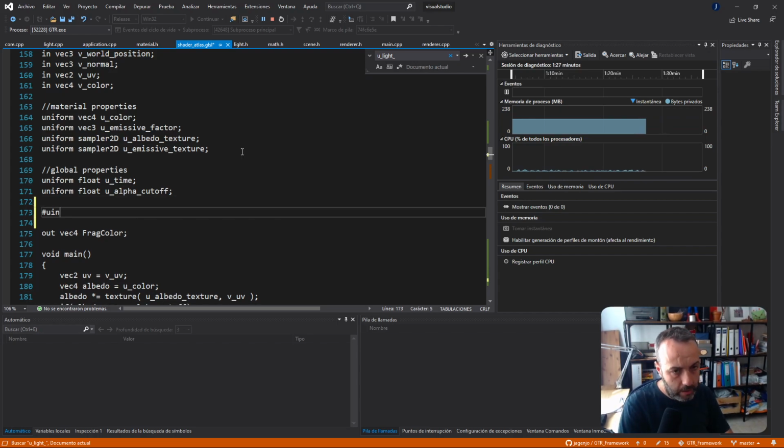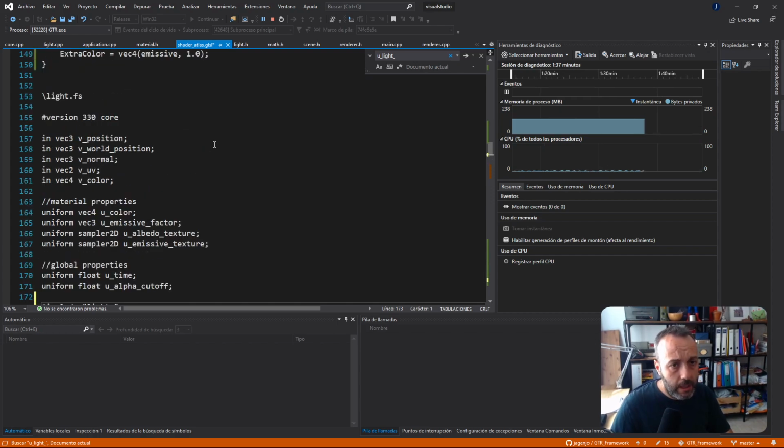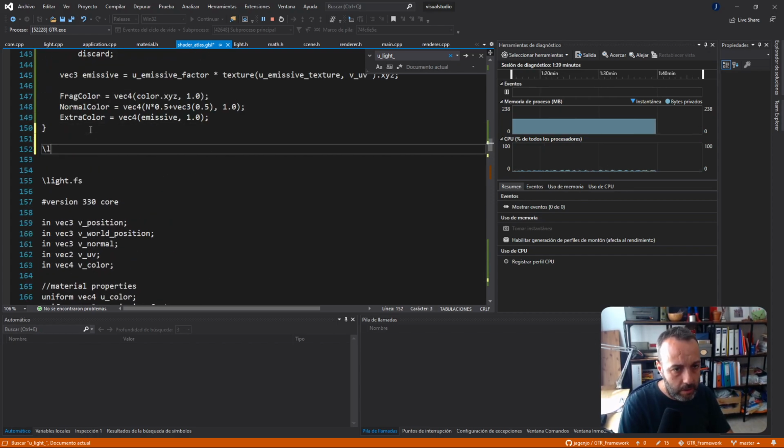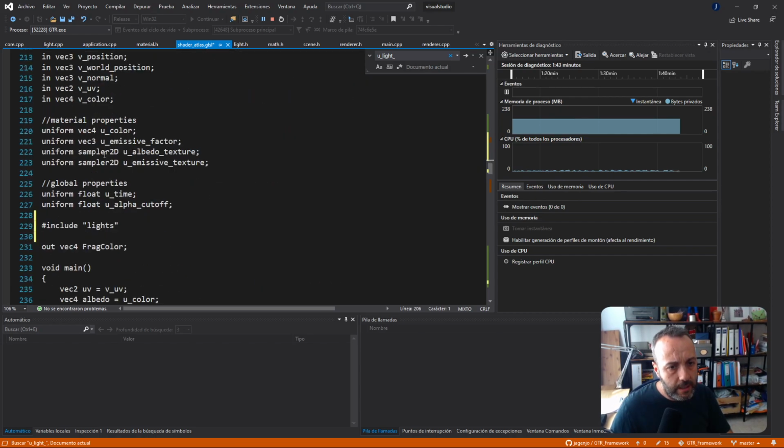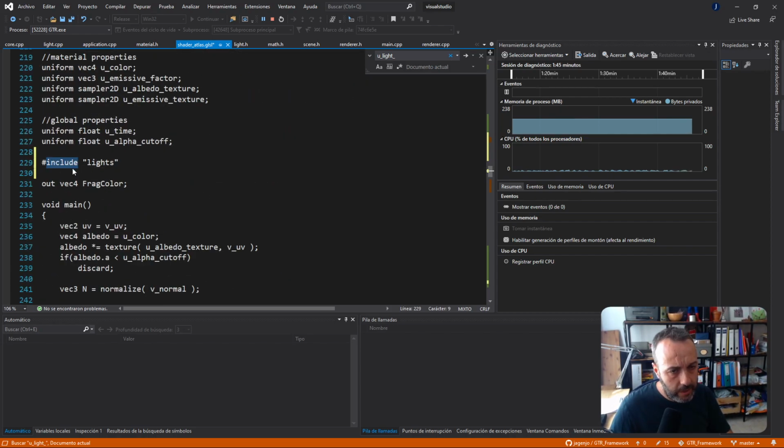You can say here include, oops, it was include or it's import, I don't remember now. Lights, I don't know, and then you can add a new file here called lights. So when it finds this include lights, I don't know if it's include or import. Well, we will see. When it finds this, it's going to find this file inside here, and it's going to